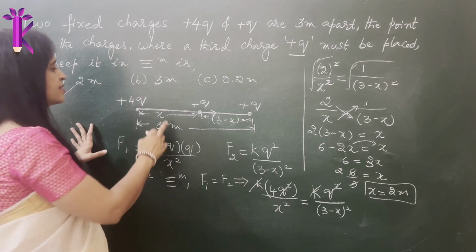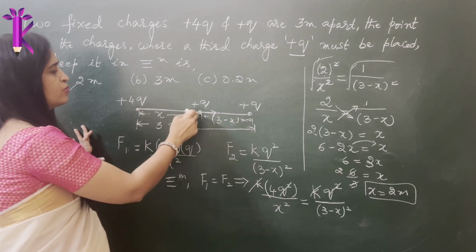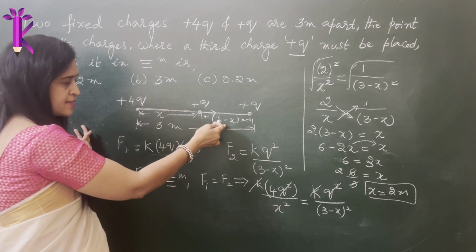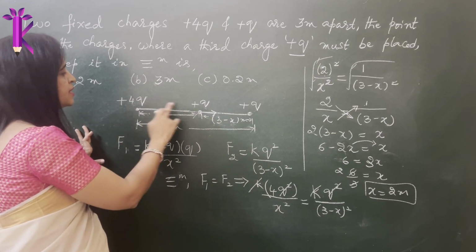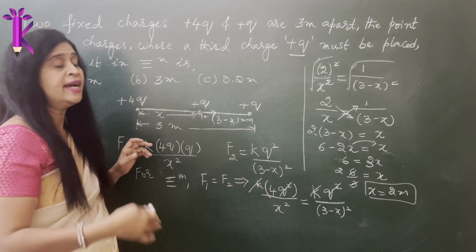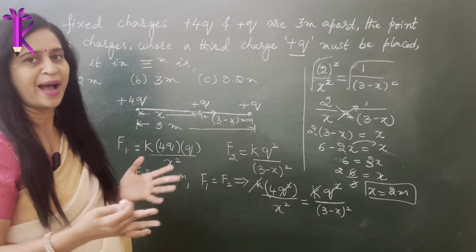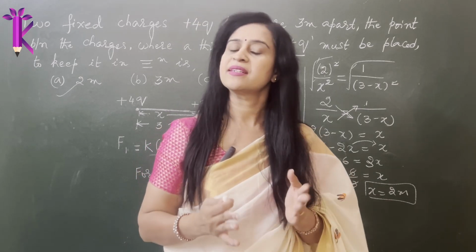No matter what they ask you, this will be the answer, because even if they ask you at what distance do you keep the charge from the second charge, it will still be 1 meter, because 4q is a greater charge, so greater repulsive force, therefore it stays away, it tends to stay away from 4q rather than plus q. So as simple as that. It may look complicated, but it is not.